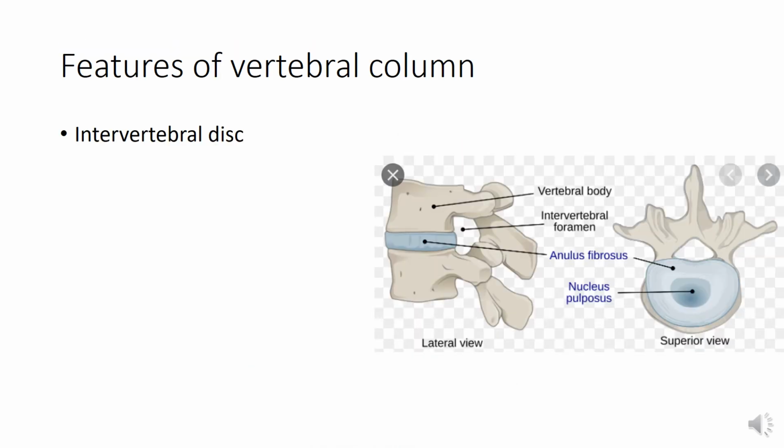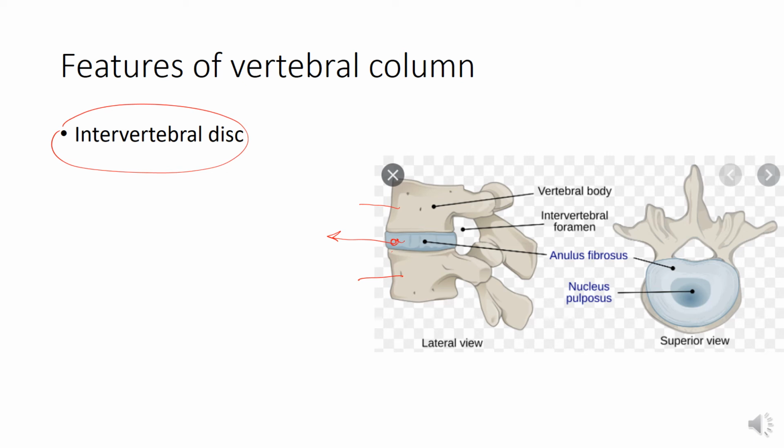What are the general features of the vertebral column? The vertebral column forms when the vertebrae are stacked together. First of all, the intervertebral discs. The bodies of adjacent vertebrae are separated by intervertebral discs. You can see these are the bodies of the vertebrae and they are separated by the intervertebral disc,